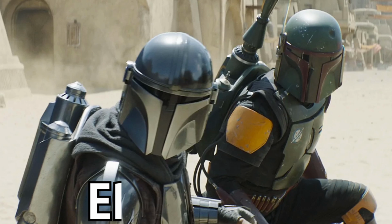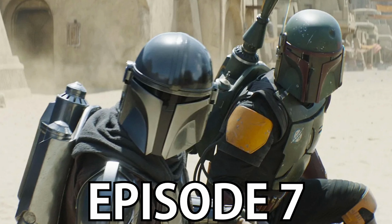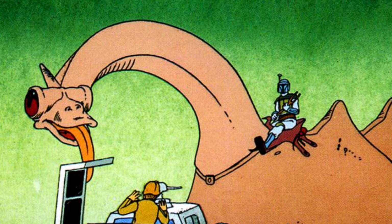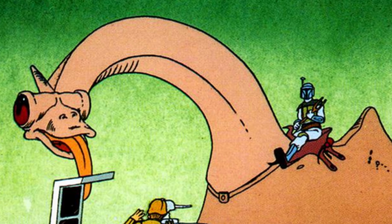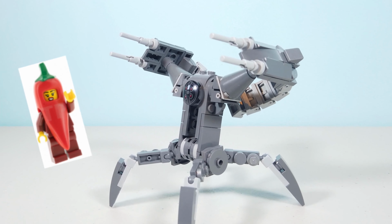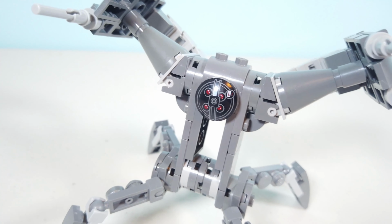The Book of Boba Fett season finale took place with an epic battle between Boba's Rancor and a Scorpenek Annihilator Droid. It came as no surprise to me that Boba would be so good at riding such a large creature, as he has a history with such things. Shortly after the episode, I cooked up this spicy Annihilator Droid, complete with red eye sensors,